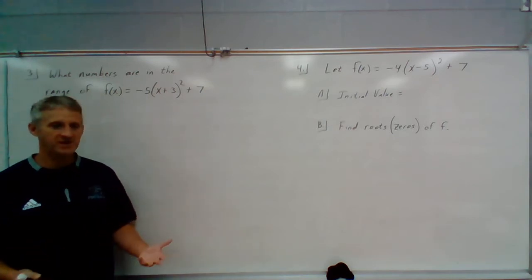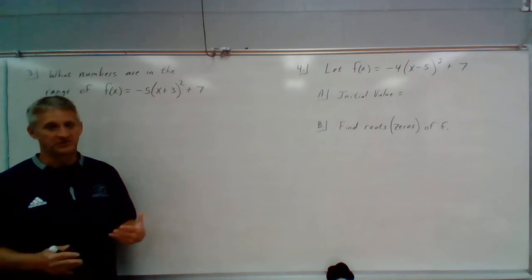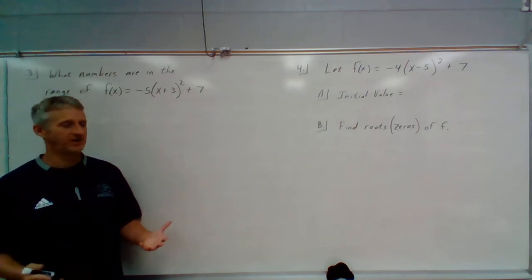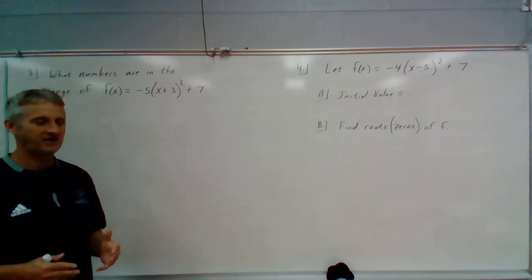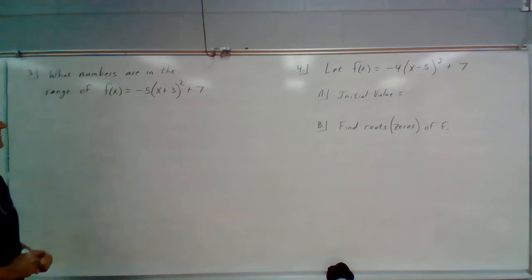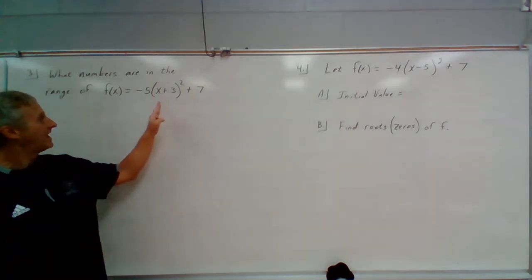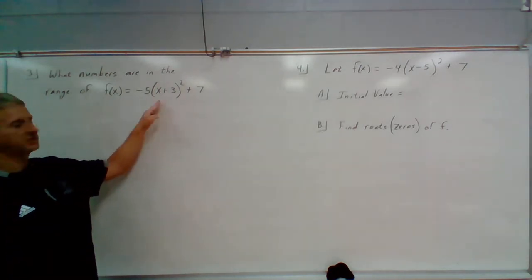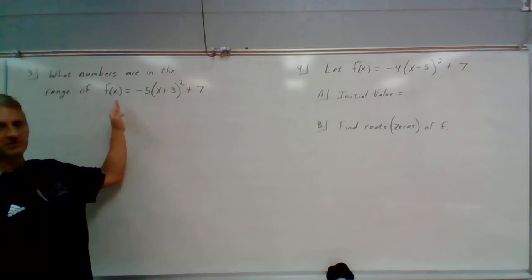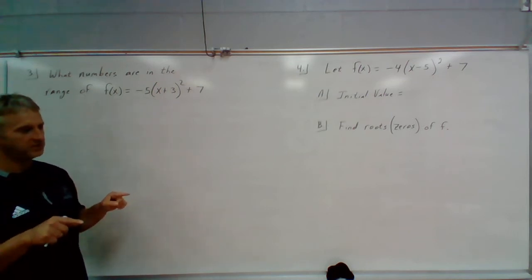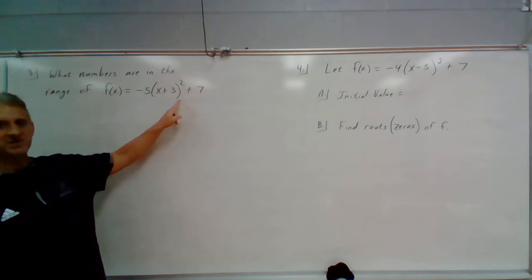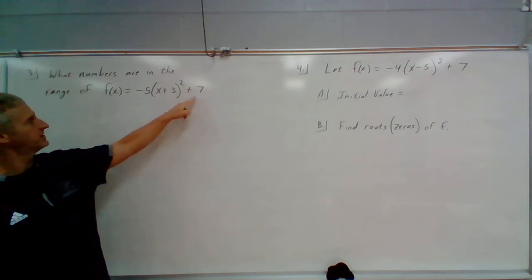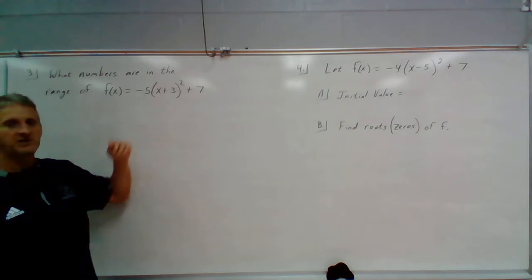So maybe we should make a graph. Just because I don't tell you to graph something doesn't mean that you shouldn't graph it. It's always a good idea to graph things so that you can see what's going on. So let's make a graph of this function. I know what the function x squared looks like. Y equals x squared. That's just a parabola. The vertex is the origin. Since we've studied transformations of functions, I know what the 3, the 7, and the negative 5 will do to